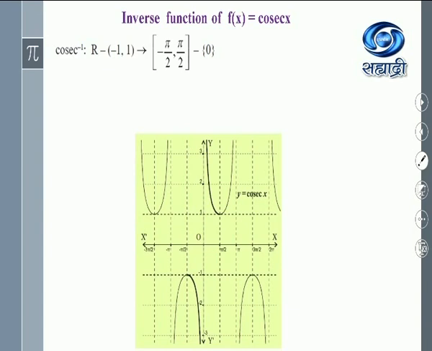Now here this is on the y-axis. R minus open interval -1 to 1 is on the y-axis. The branches of the graph are not coming in this part. Are you getting? It takes the value from 1 towards the positive y-axis and from -1 towards the negative y-axis. So we exclude this part, which is nothing but the open interval -1 to 1.